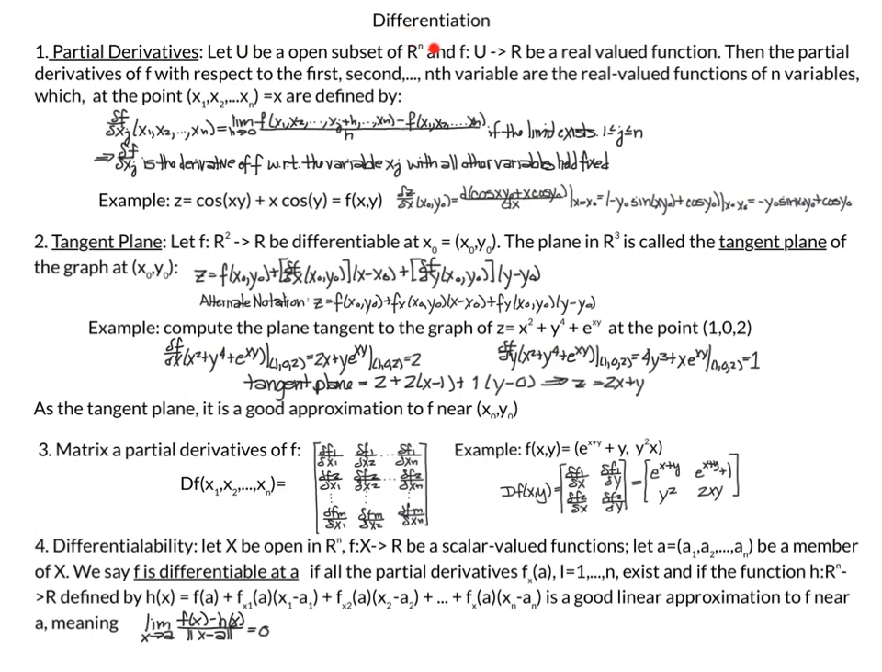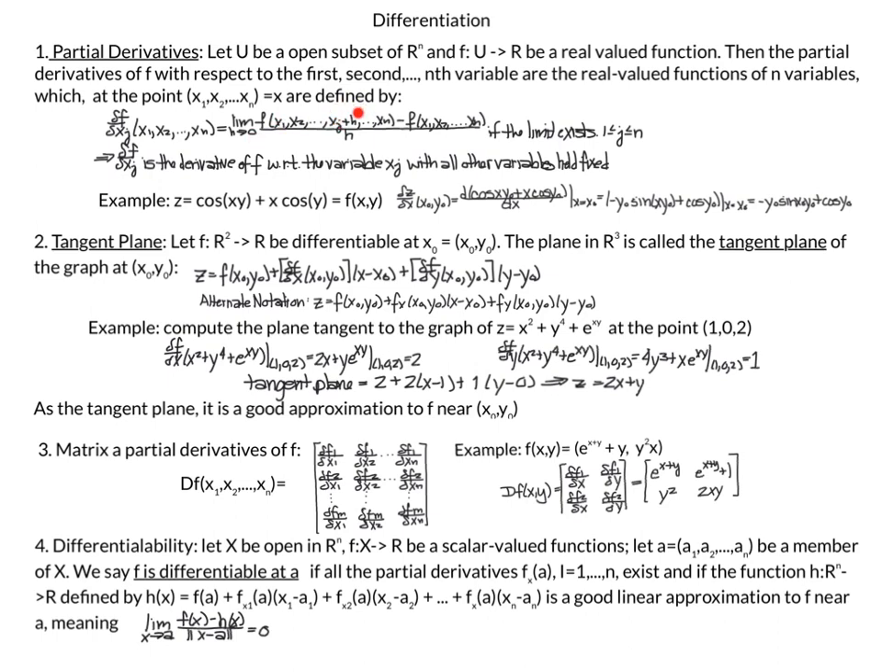So if U is an open subset of R^n and f is a function from U to R, so think of this as f is a function from R^n to the real numbers, and again f is a real valued function, it maps to the real numbers, then the partial derivatives of f with respect to the first, second, up to the nth variable are the real valued functions of n variables which at point x = (x1, x2, up to xn) are defined by, so ∂f/∂xj, so we're taking the derivative with respect to the jth variable, is equal to the limit as h approaches